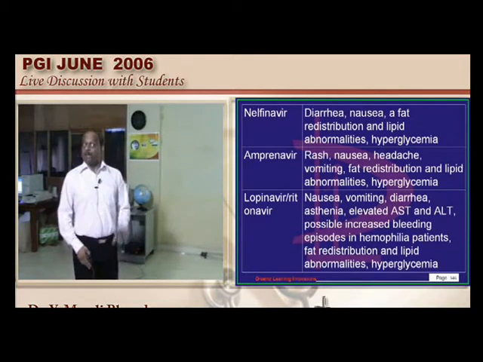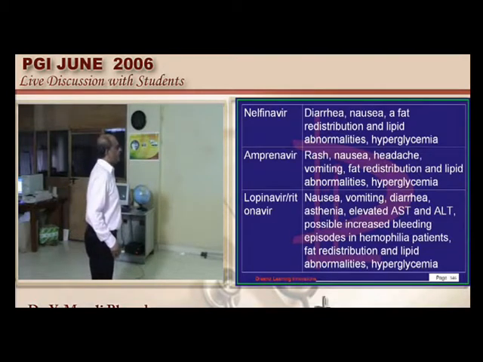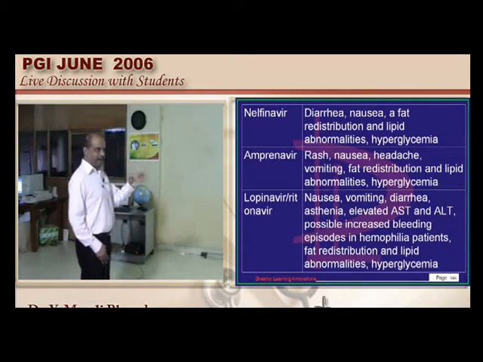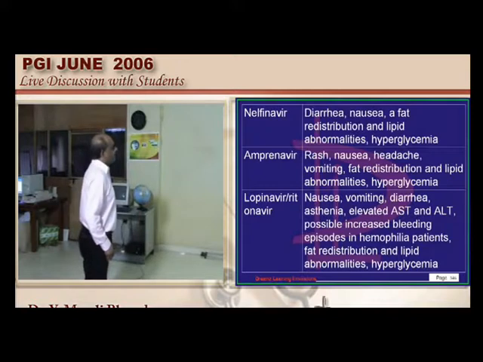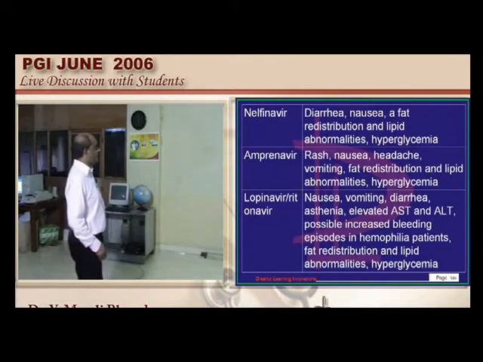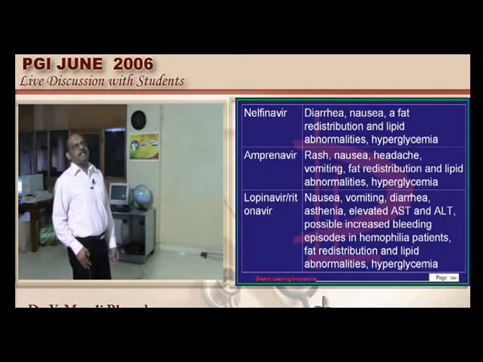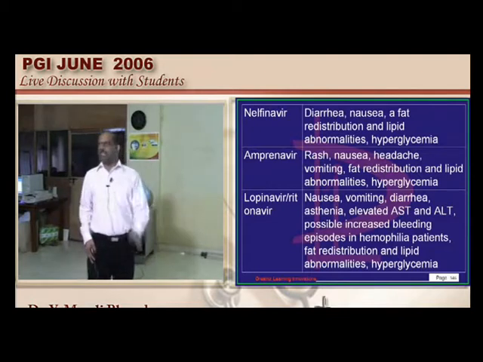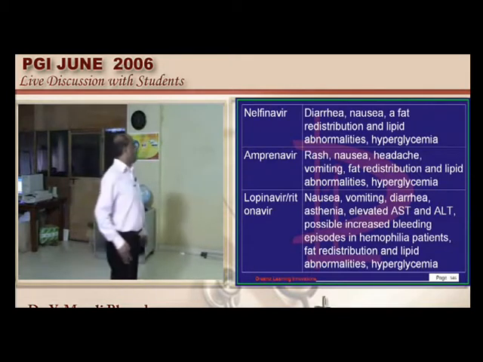So lipid redistribution, lipodystrophy is an adverse effect of the protease inhibitor. Nephrolithiasis is a specific problem with indinavir, is what needs to be remembered. And they also will cause hypercholesterolemia, hypertriglyceridemia, pancreatitis. They are all specific problems with the protease inhibitors. Today only you must knock out this topic after going home. Common topic in exam.